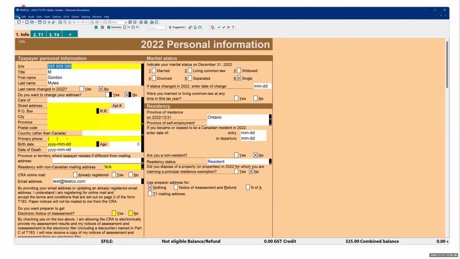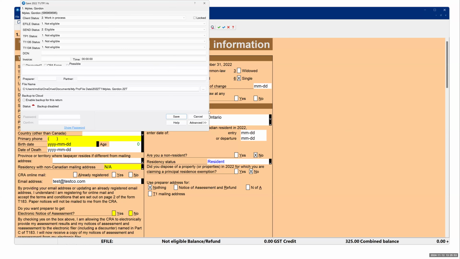And what I would do is I would click File, Save As, and then I would change the location. I didn't want to put this pretend file, this trial file with all my actual tax files. So I would actually go in here and I would put it on my desktop. So I would just change the location here and put it on my desktop. And then if I save that file,